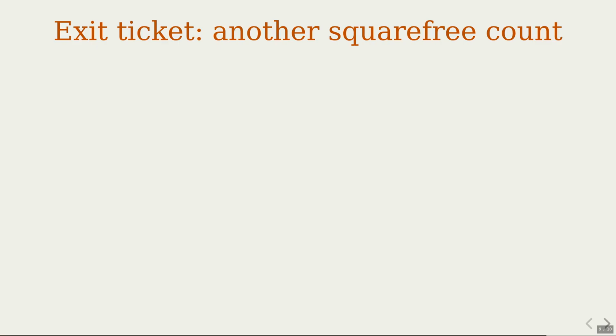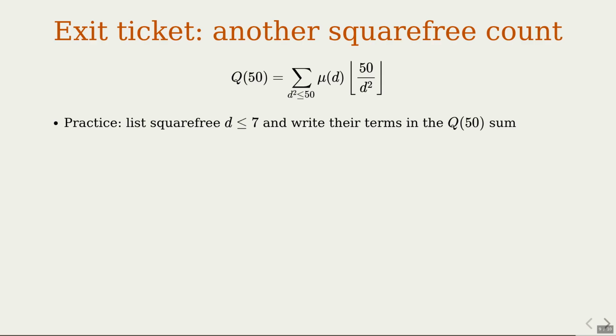To practice, let us repeat the method for a smaller number where the arithmetic is lighter, so we can make sure we understand the steps without being overwhelmed by big tables. For Q of 50, the sum runs over d whose squares are at most 50, so d goes from 1 up to 7. First, list the squarefree d values up to 7, namely 1, 2, 3, 5, 6, and 7, and compute each floor of 50 over d squared with its Möbius sign. If you carry out that computation, the contributions add up to 31, so there are 31 squarefree numbers between 1